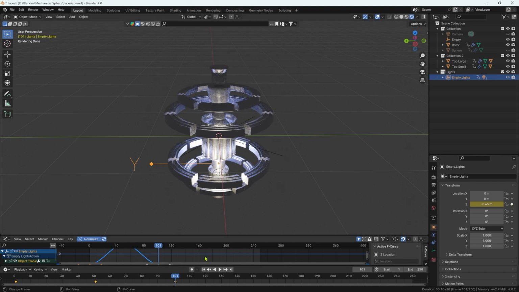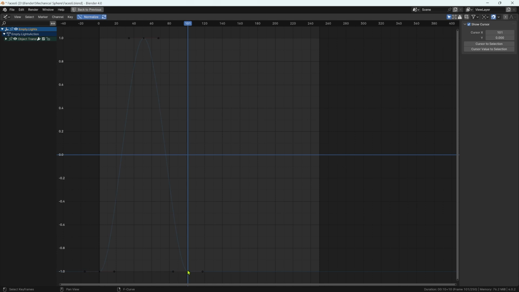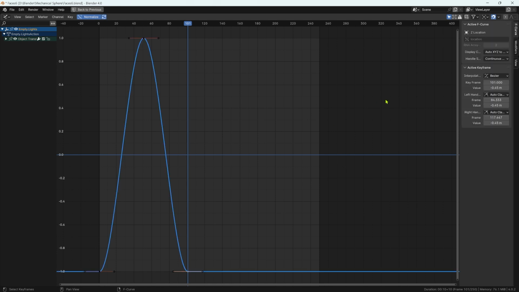So we don't want to go through and have to manually set this loop. So what we're going to do is again come into the graph editor, so Control Spacebar. And we have actually got our last point selected, but if we haven't, then we need to click on it to select it. And over here on the right, we've got that F-curve menu that we've